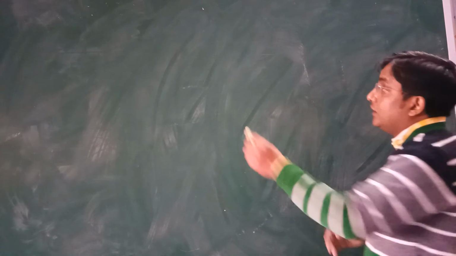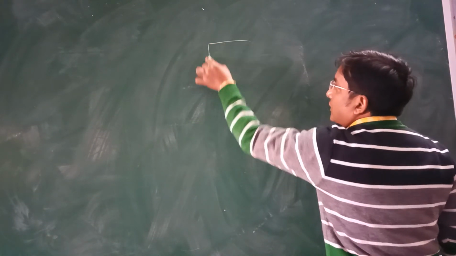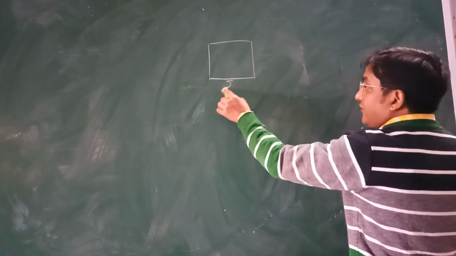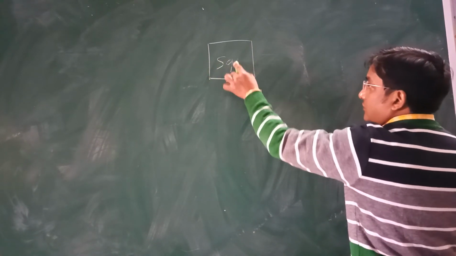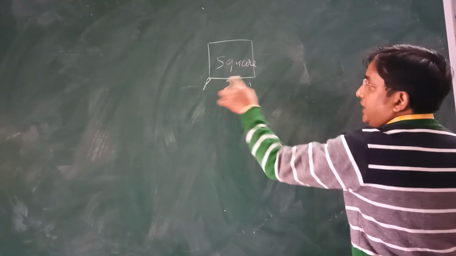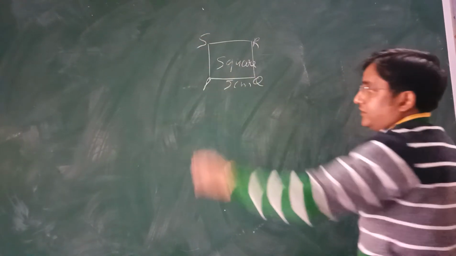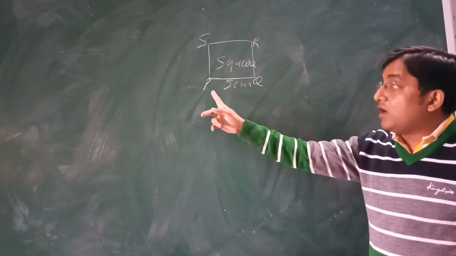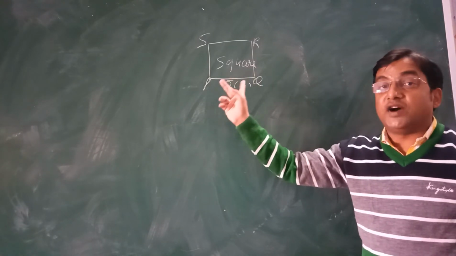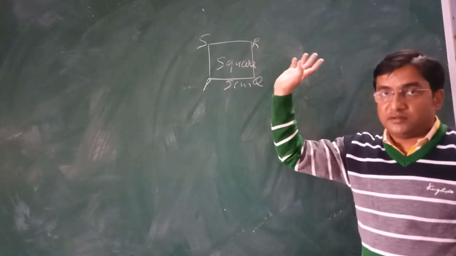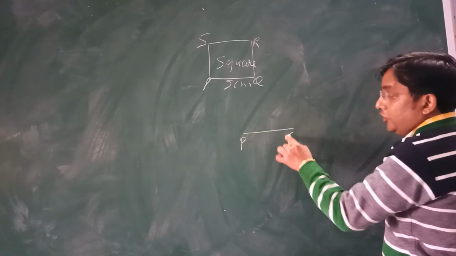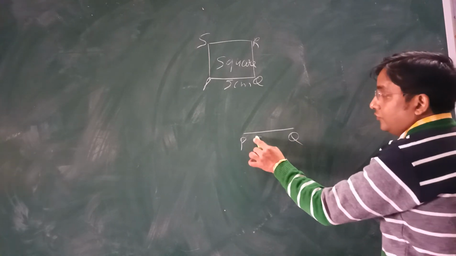Okay. Now let us take one question. I'll be taking this one on my own. Let us draw a square whose each side is 5 centimeter. This is square PQRS. I have drawn the rough sketch. Again, you have to just find out 4 points, that is P, Q, R, S. The moment you draw a line segment of 5 centimeter, you will get 2 points, P and Q.